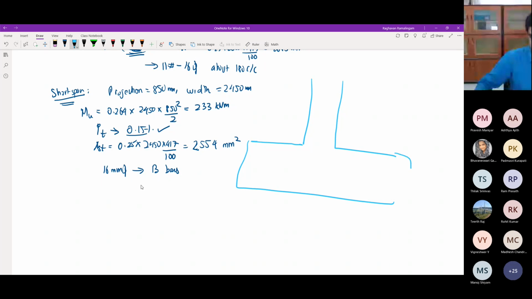So now it's time to draw what we got. It was given in the question that the column has 6 numbers of 25 mm bars. So those bars from the column have to come all the way down, and they have to go like this. That is why I told you the column reinforcement will not come into your calculation, but it will come into the detailing. It should not be this curved and all.